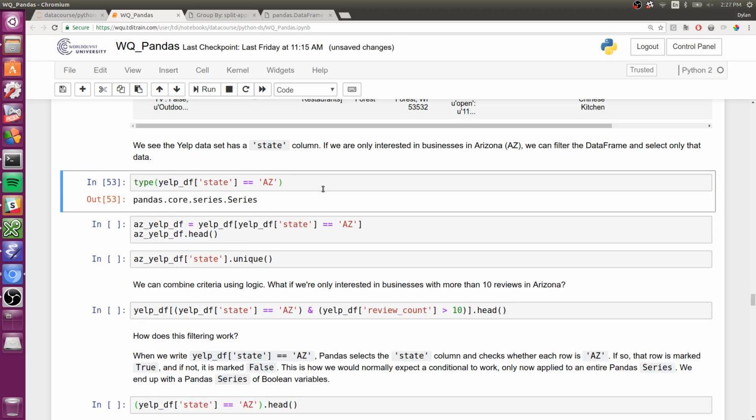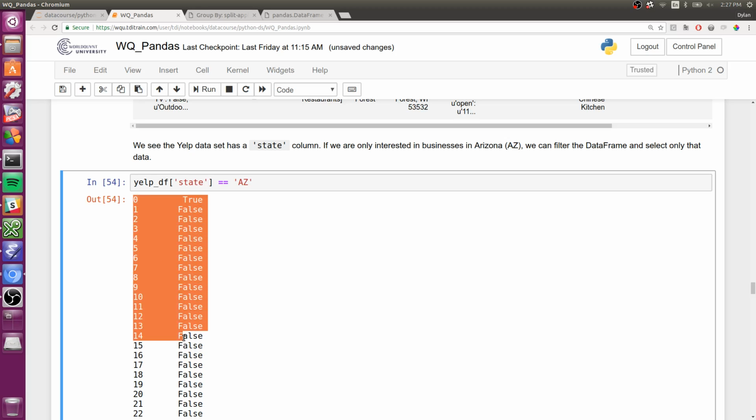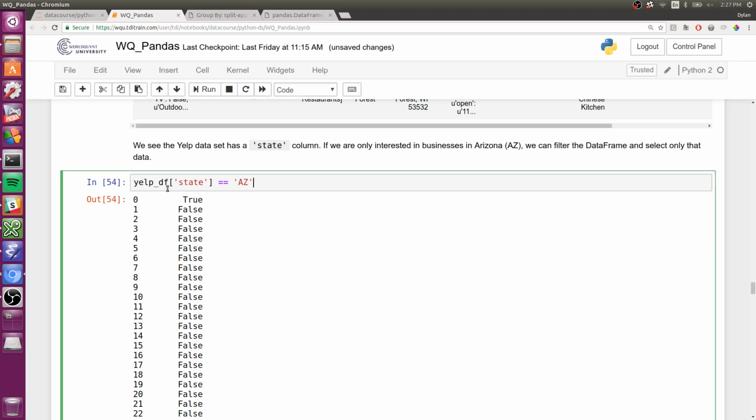Pandas series where all the values are booleans, true or false. And what we can do is use this Boolean series to slice the data frame itself. So here I've put the Boolean series that we had earlier